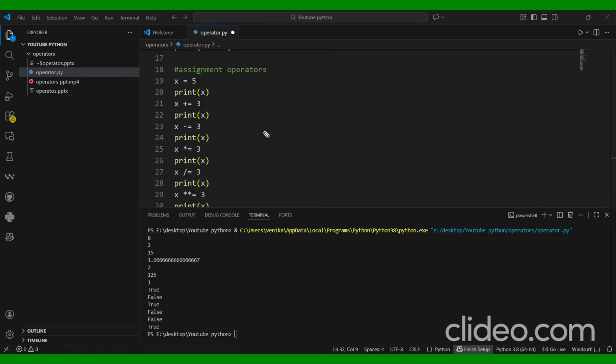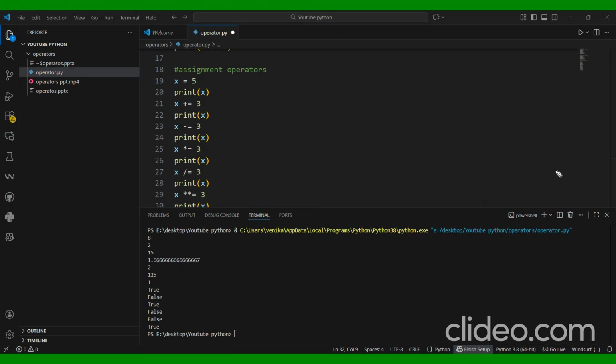Then again, the value of x is 5. Then 5 multiplied by 3 will be 15. Then the value of x is 15, so 15 is going to be divided by 3. That means 3 fives are 15, so it will give you 5. Then again, 5 raised to power 3 will give you 125 because this is the exponent operator.